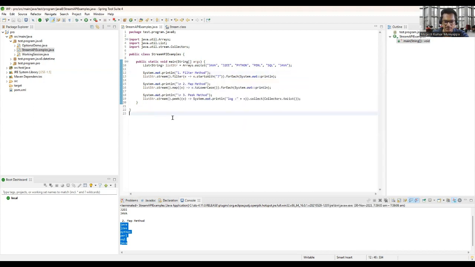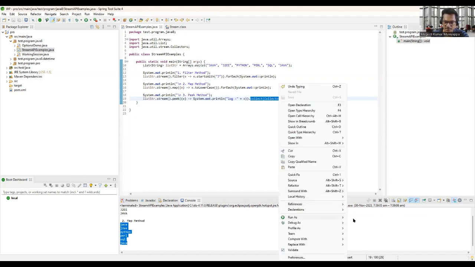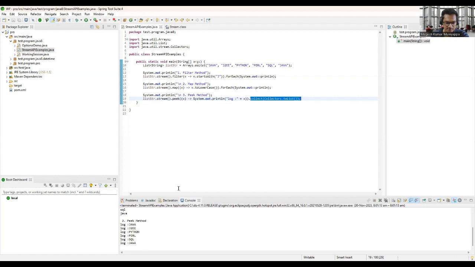Let's see what I've done here. From the string, I just take each element in each pipeline stage and try to print it in the console, and then convert it into a list. So finally, this will give us the list of strings. Let's see how this method works. Okay, friends, here you can see it's printing logs. Right, friends? So let's see the next one,